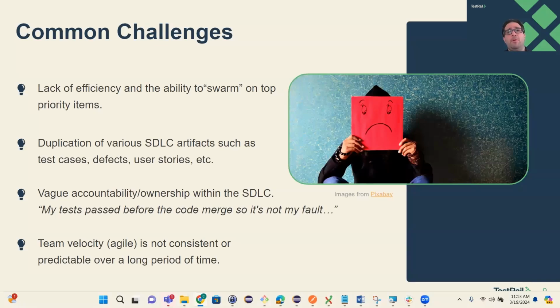They go and see the same build we did. Someone doesn't know that a defect was created. Now we have duplicate bugs, duplicate issues. People are opening duplicate pull requests or merge requests, depending on what tools you use, to try to address these for both test and development. So coordination and duplication of artifacts can be challenging if we don't have good communication of where things are at, how people are communicating, picking up work, identifying problems. And then the next one kind of falls right in line, but vacant accountability and ownership within the SDLC.